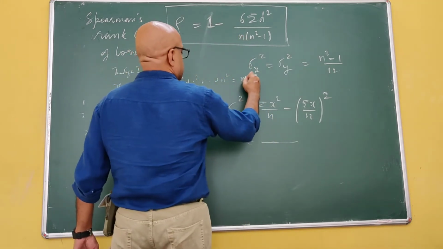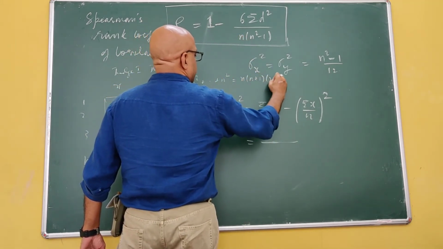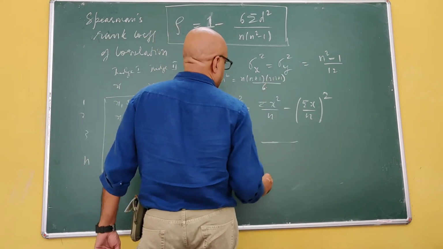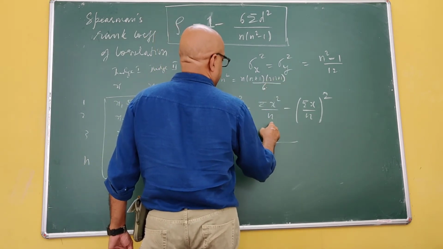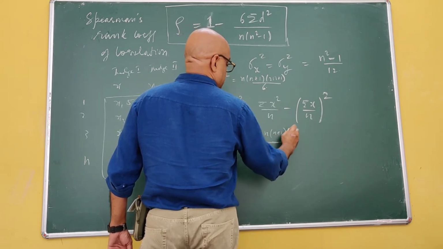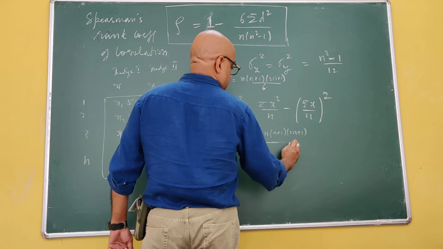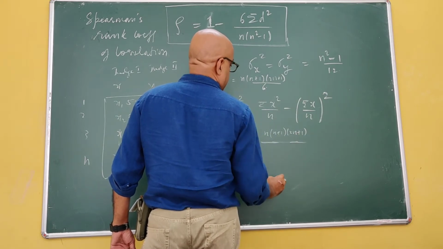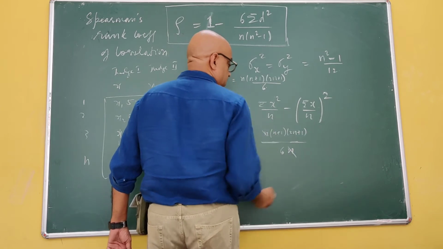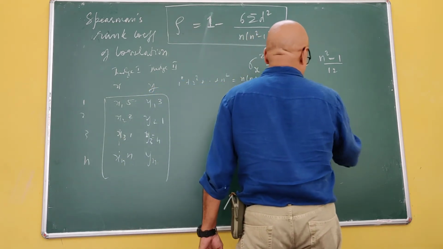And that, you know, is n into n plus 1 into 2n plus 1, divided by 6. So what you will get is divided by n here. So this is the formula. You get n into n plus 1 into 2n plus 1 divided by 6, and there is already an n, so n gets cancelled, and minus what you will have here is